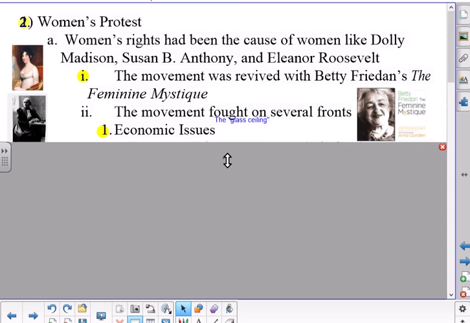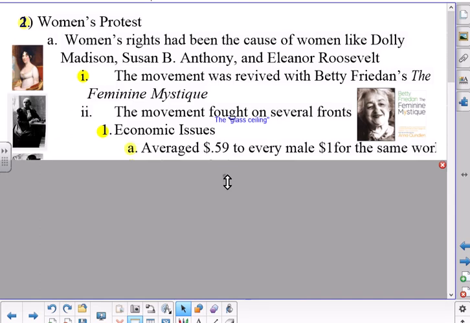There is a lot of just sort of almost accepted subtle sexism always going on in society. And in the 50s and 60s, it was less subtle and more egregious, but it's still out there. So let's talk about economic issues. Women average 59% of the salary, or 59 cents on every dollar, for the same work in the same industry,